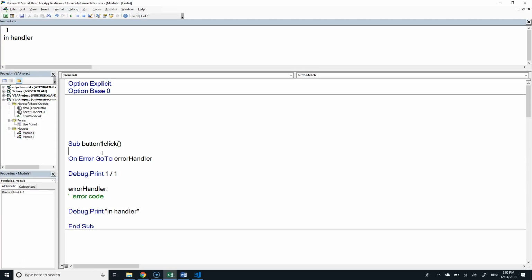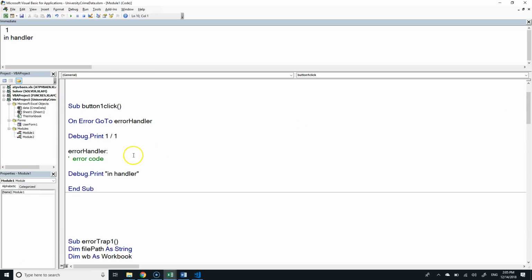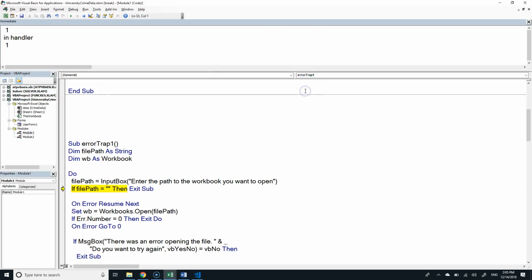Yep. When the next step over, it acts exactly as step out of the procedure. Good question. Let's just take a look at it. So we have another sub. I can't scroll. Why can't I scroll? So here's error trap. We're going to call error trap 1 from button click 1. Let's see, F8 will start me by stepping into it. All right, so I'm pressing F8, which is just step into. When I get to error trap 1, F8 takes me into error trap 1, and I start going line by line through error trap 1.